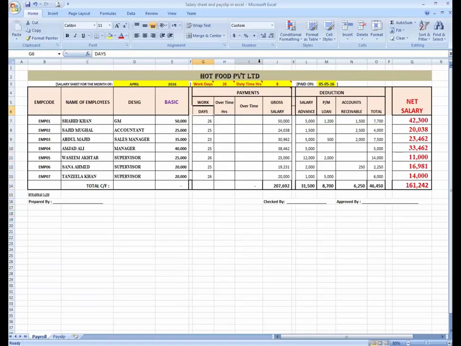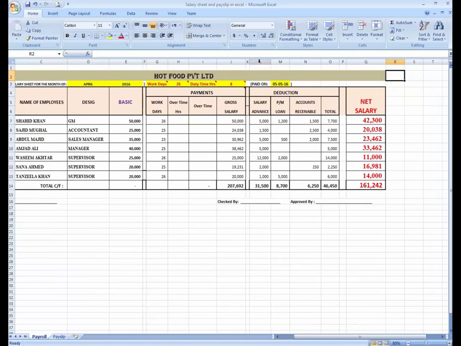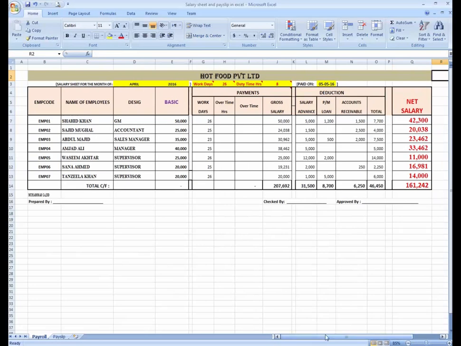If he or she worked for more than 8 hours per day, it means overtime will be calculated for him or her. Now I am going to show you how you can create and calculate overtime for the employees. Suppose the normal rate is $1, or you can say 1 rupee per hour.